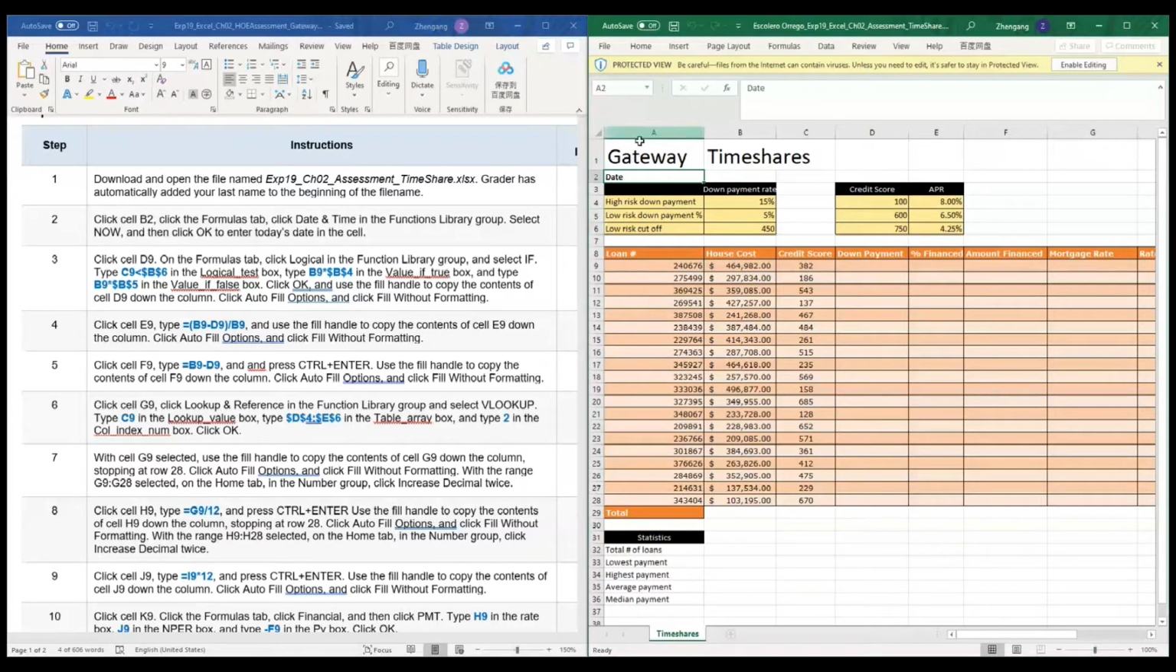Okay, we still need to continue here. So B2, which is column B, row 2, right here, and it says click date and time in the function library group. So we need to find